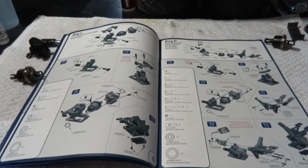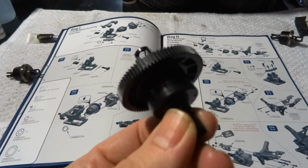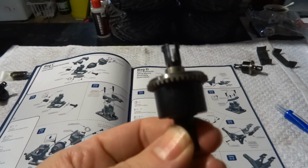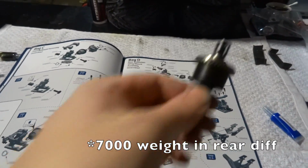Alright, I just kept building and I remembered, oh yeah, I was supposed to come back after all the diffs are done. So the center is complete. This is the center differential, it's complete. 15,000 weight fluid in the center, a 15,000 weight in the front diff, and the rear diff is another 15,000 weight. Now I also built the